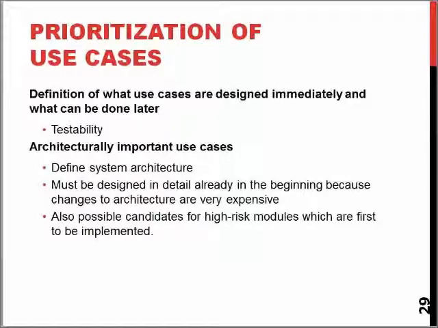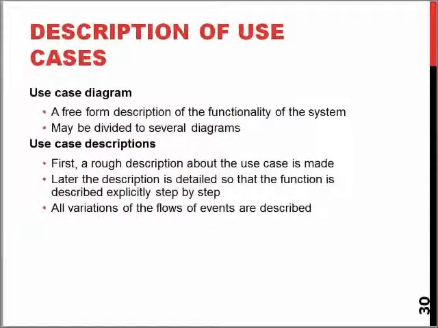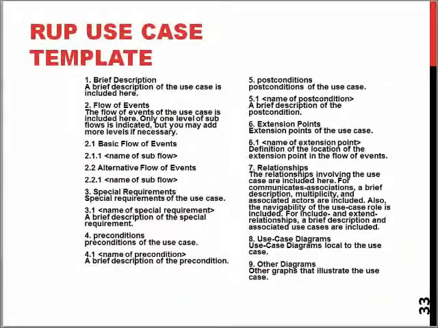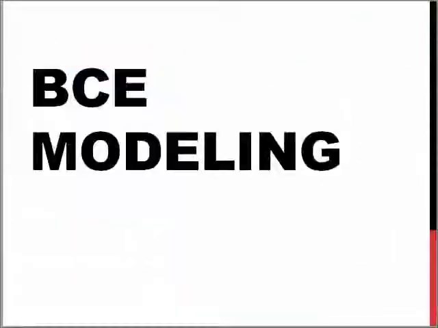Well, of course, when we all know the use cases, we can also start to define the system architecture by adding new features into the class diagram or finding out new hardware or doing proof of concept prototypes. And this is the place where we start to create the sequence diagrams or activity diagrams or that sort of thing. This is also a place where we can actually go from the use cases towards a thing called BCE modeling, which I might not have time to go through in this